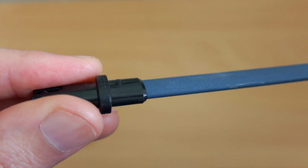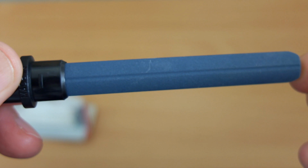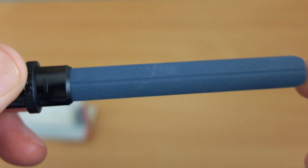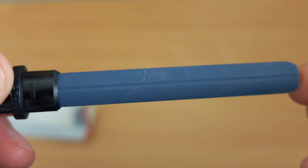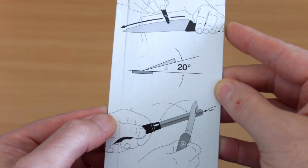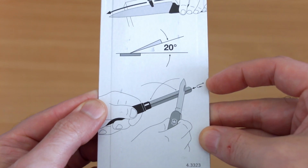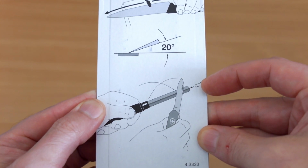it's quite a fine stone, not as fine as some of the sharpening stones that I've looked at. They usually have two surfaces, a coarser and a finer one. This is kind of in between, and on the back there it shows you the sharpening method. Now I'll get onto that in a minute because it looks slightly different to the video that they posted on